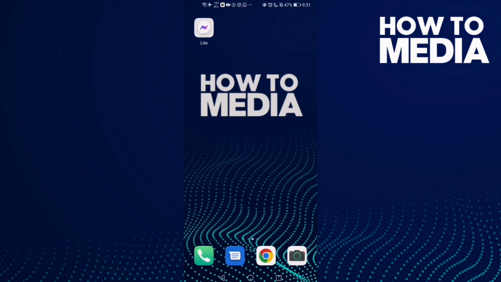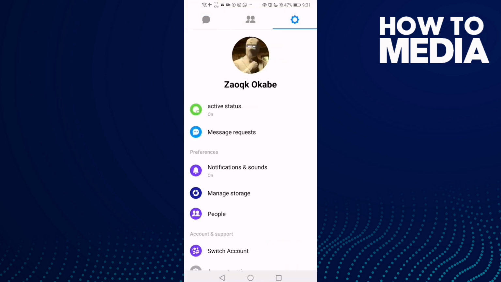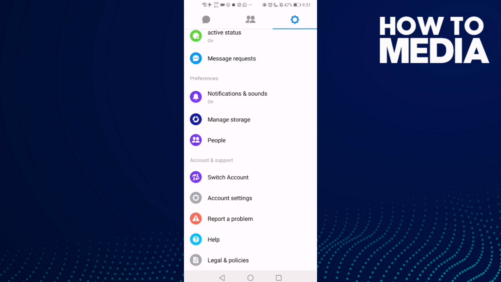First thing, go to Messenger Lite and click the settings icon here in the top corner, and now just go down. Here you will find the account settings. Click on it